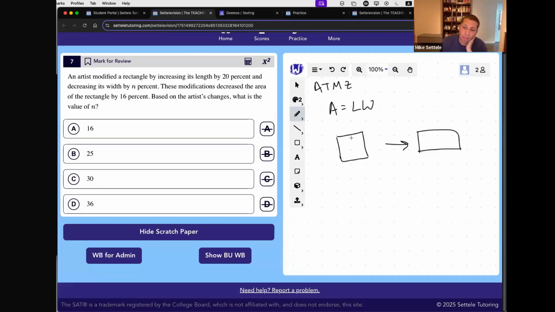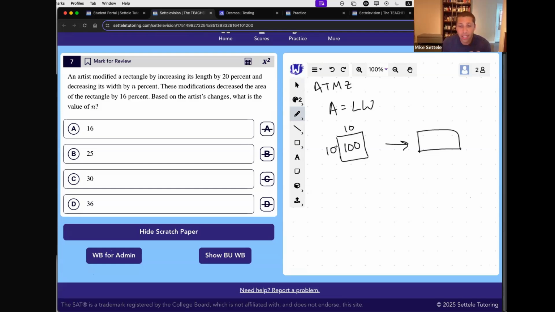One thing I would say is that, remember, a square is a rectangle. So if you're looking for an easy starting point, squares are nice. They count, right? All squares are rectangles, though not all rectangles are squares. So you do have that going for you. And since we're dealing with percents, what's a nice number to work with for percents? Well, percent means out of 100. So how would I get an area of 100? How about a 10 by 10?